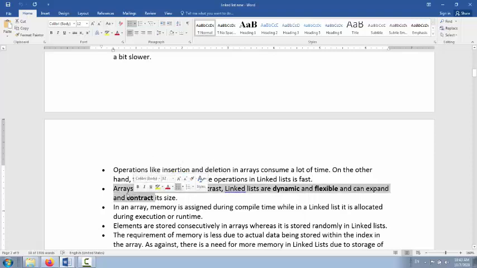Array size is fixed. It is constant, but a linked list is dynamic and flexible. We can expand the size of the linked list, so that is an advantage of the linked list. In an array, memory is assigned during compile time, while inside the linked list it can be allocated during runtime.